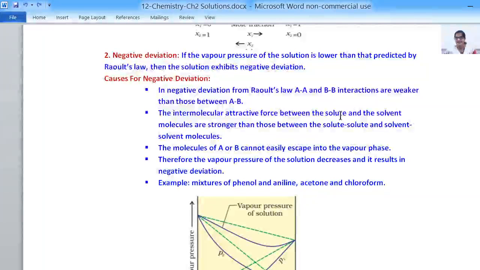So as a result, the component A or B cannot escape into the vapor phase, and so the vapor pressure will be lower than predicted by Raoult's law. So that is the reason for negative deviation. Examples: